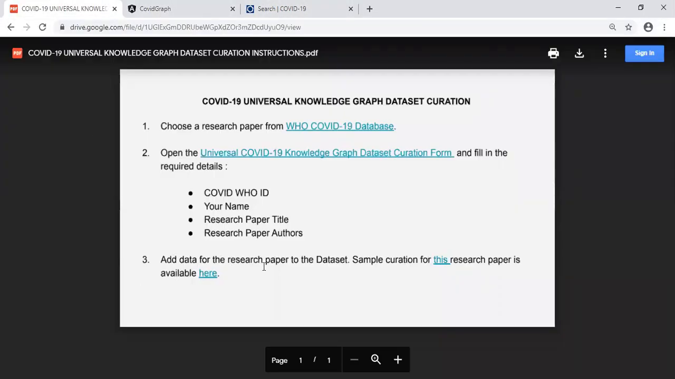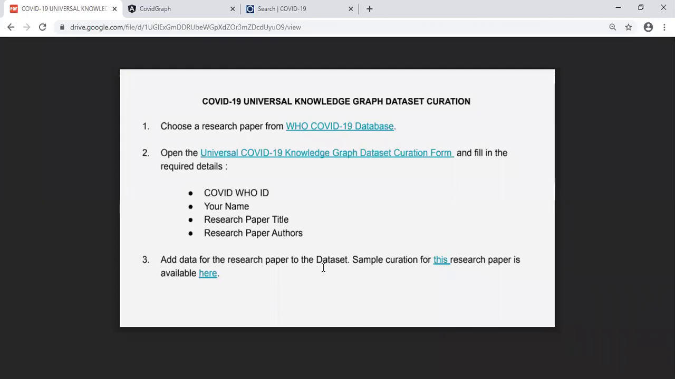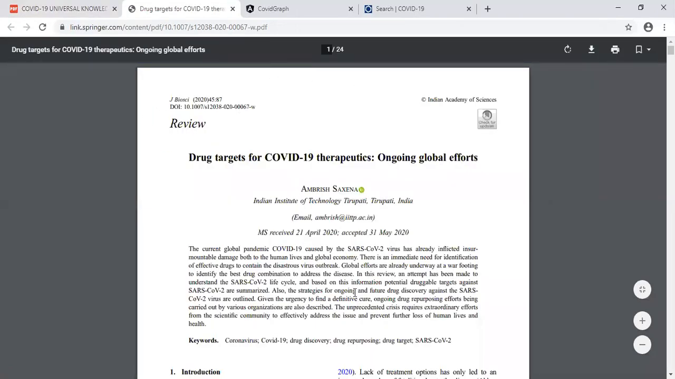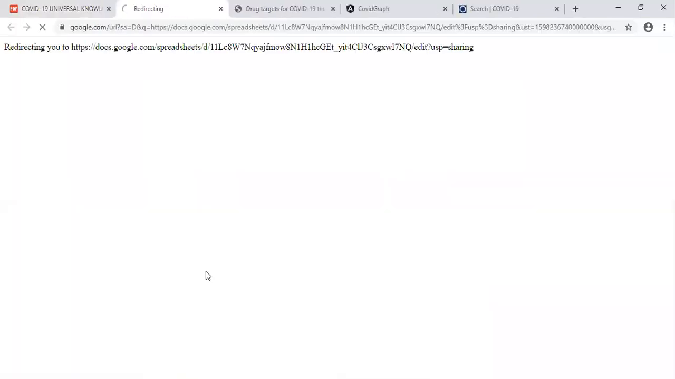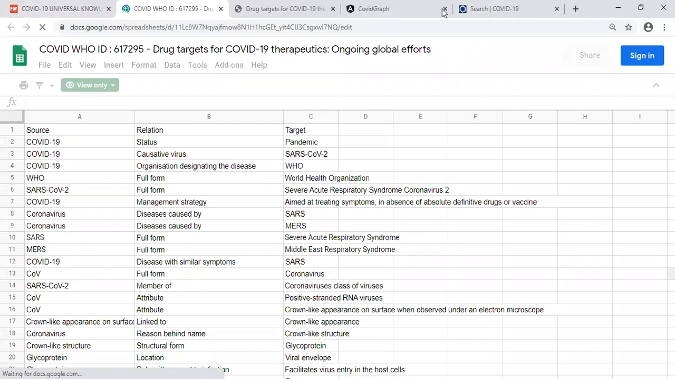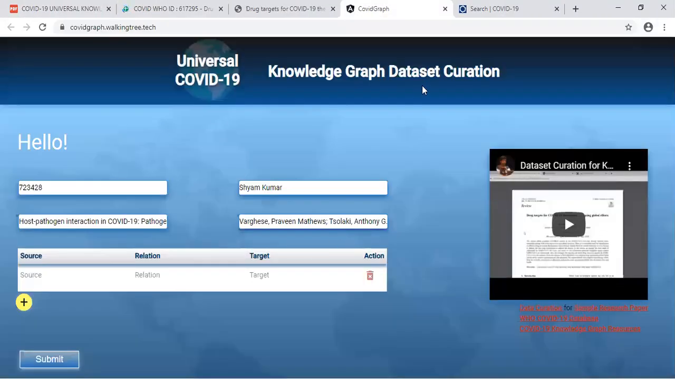You have to add the data for the research paper to the dataset, and I have provided sample curation for one research paper. This is the research paper for which sample curation has been provided, and the sample curation is available here. In fact, if you look at the form for dataset curation, all these links are available here also. The WHO COVID-19 database, the sample research paper, dataset curation for the same. And besides that, I have